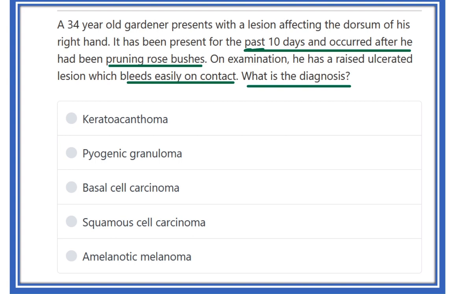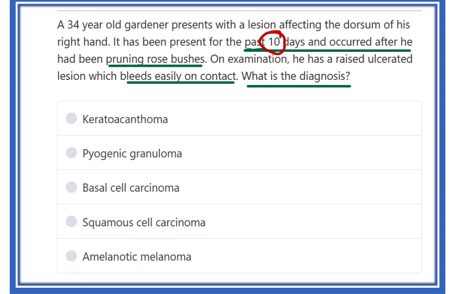That means a gardener working in the garden is suddenly injured by the bushes, and after 7 to 10 days, he suddenly develops a raised ulcerated lesion which bleeds easily on contact. What is the diagnosis? Here the options are keratoacanthoma, pyogenic granuloma, basal cell carcinoma, squamous cell carcinoma, and amelanotic